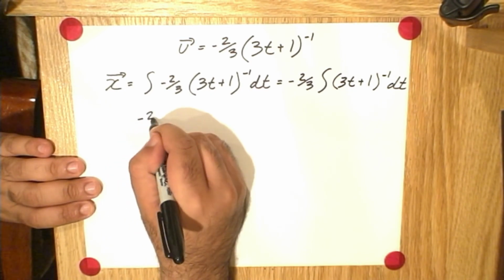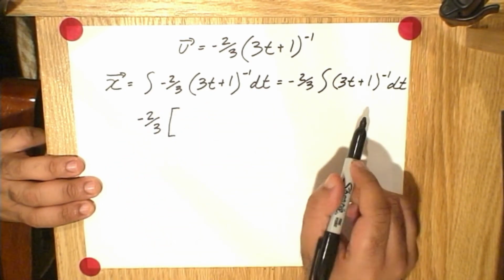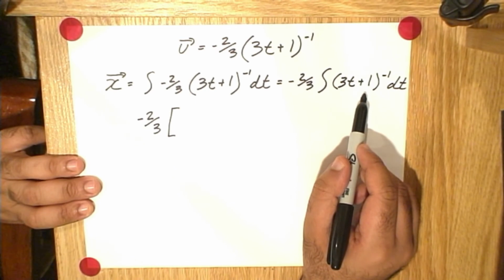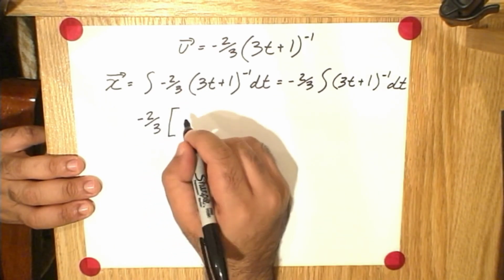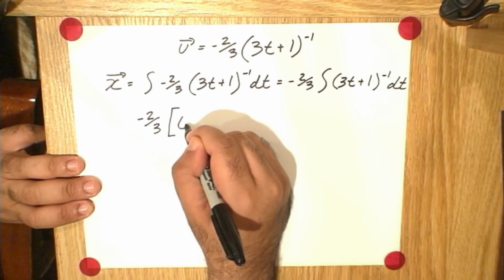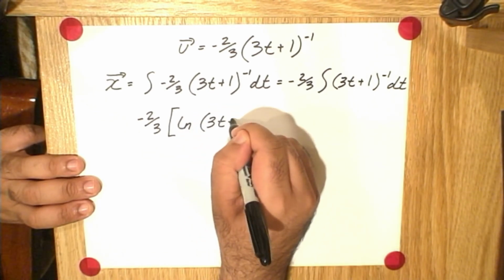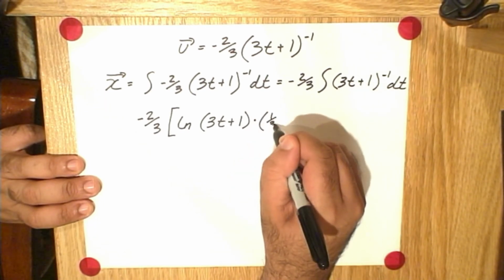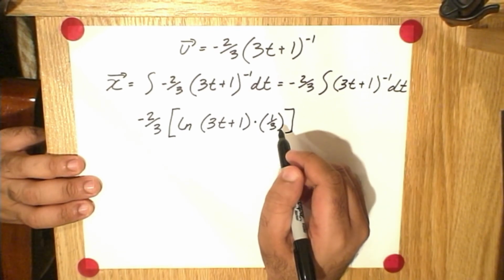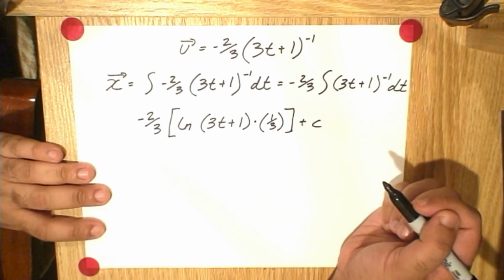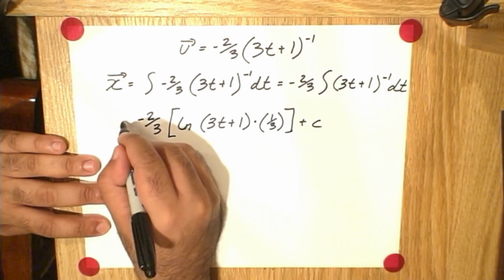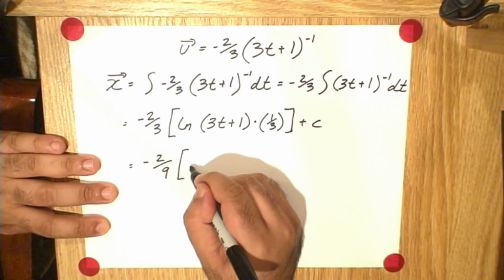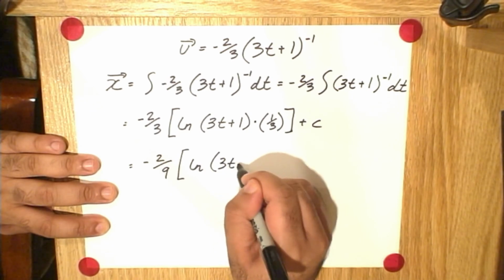So, again, this is a case of undoing a chain rule. And the rule here, in a nutshell, is take the antiderivative of the outside, that would be ln of 3t plus 1, multiply it by 1 over the derivative of the inside, that's 1/3, and then add c. So, simplifying all of this, we get negative 2/9 times ln of 3t plus 1